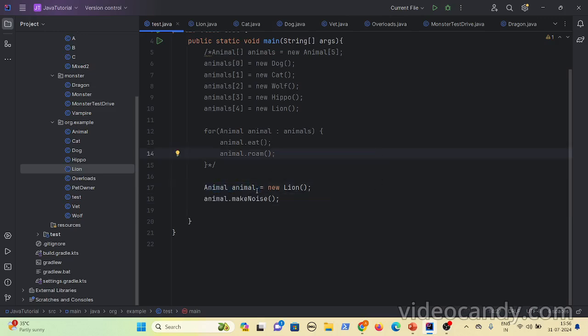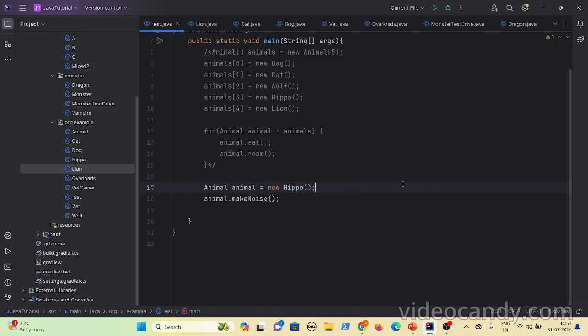By using the superclass reference variable type, you can assign any subclass: lion, cat, dog, hippo. And even for the methods, you can just call animal.make noise of. You need not change this implementation. The only thing is you can pass any subclass type.